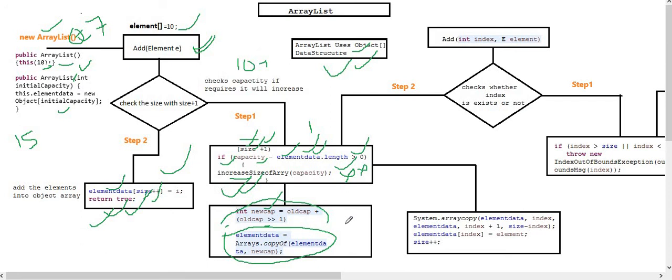How the add method works in arrays, you can refer to my practical explanation. There you can see how this size variable, how this capacity, how this object array is created, everything you can see. And you can get more details in that video. Okay, and we'll go for the next method called add of index comma element method.